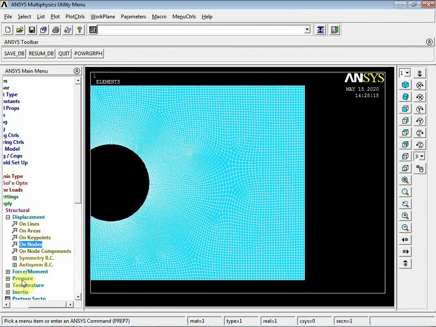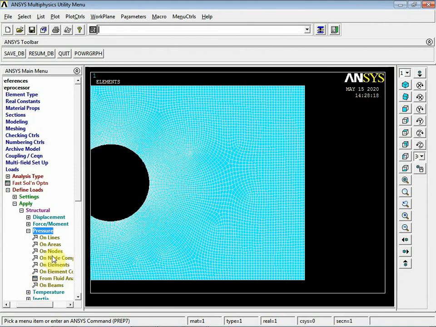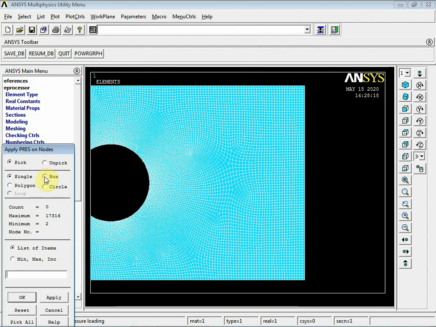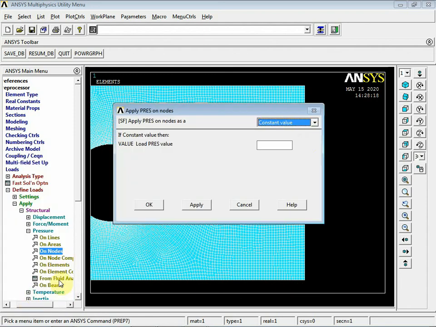Now I'll apply pressure on nodes. Again I'll go for box. Say OK. Here it is minus 200, okay? Minus 200.